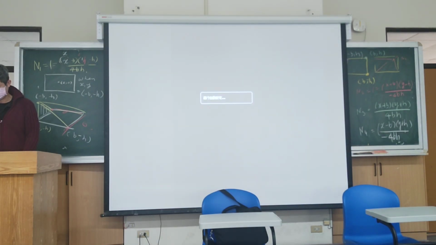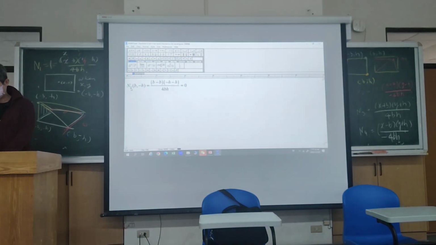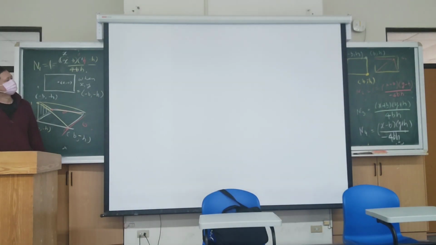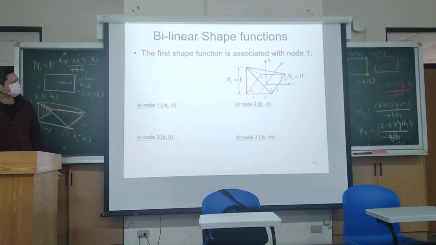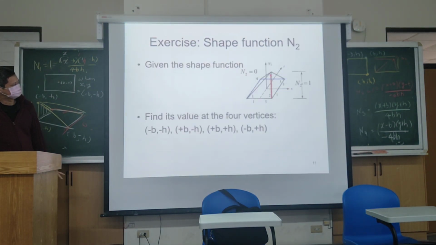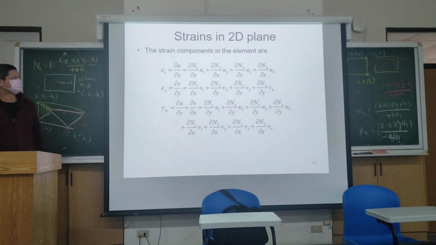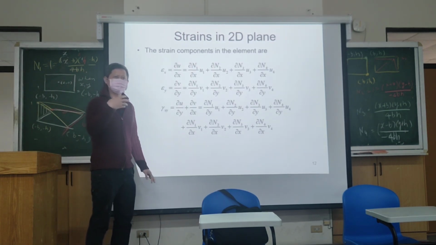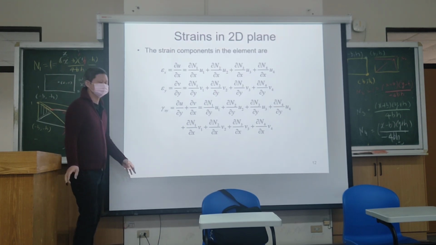Looking at the figure, so how do you find N3? Yeah, please do the same. Okay, after you have defined the shape function, we will now repeat how to define the gradient of displacement or